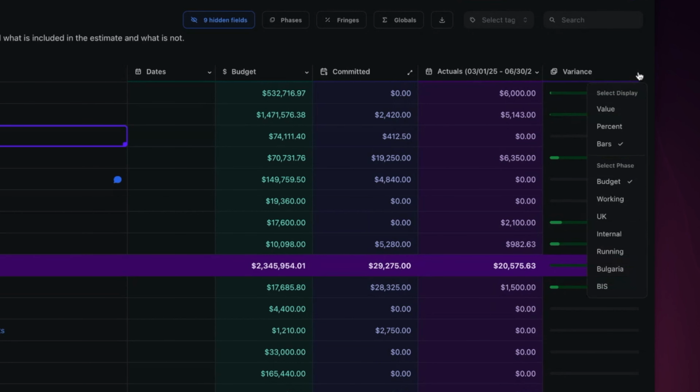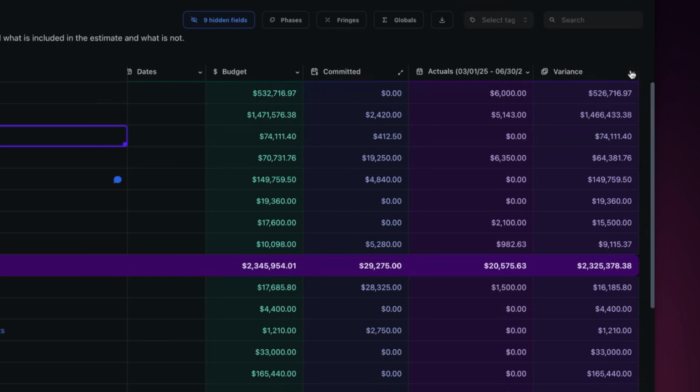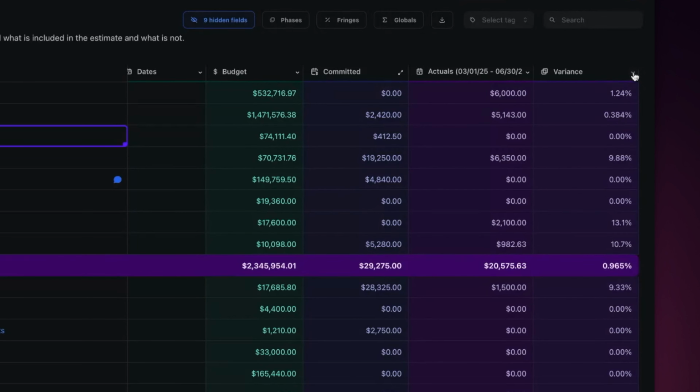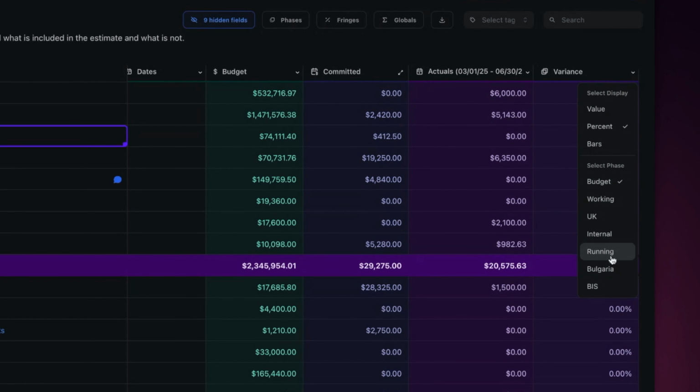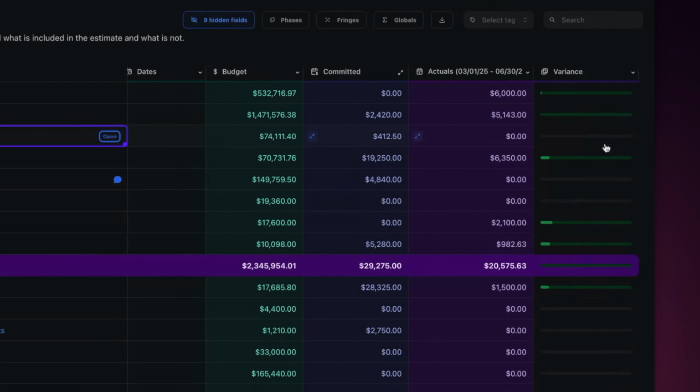You can actually change the display value and how you can customize this. Right now I have this set to a graphical approach, but if I just want to see the numbers, I can just update the numbers here. Or if I want to see them based on percentages, you can update that. And you can also choose which 2 phases you want to compare against here with variances. So there's different ways that you can approach it. I personally like the graphical way, and you can actually highlight and hover over it to see some of that